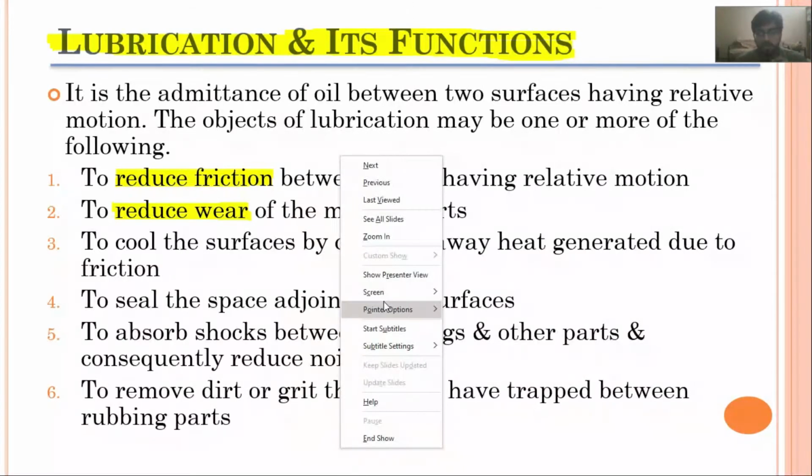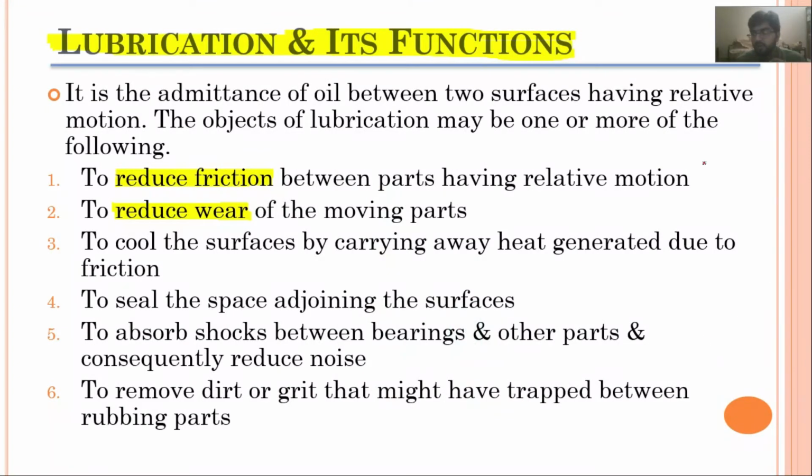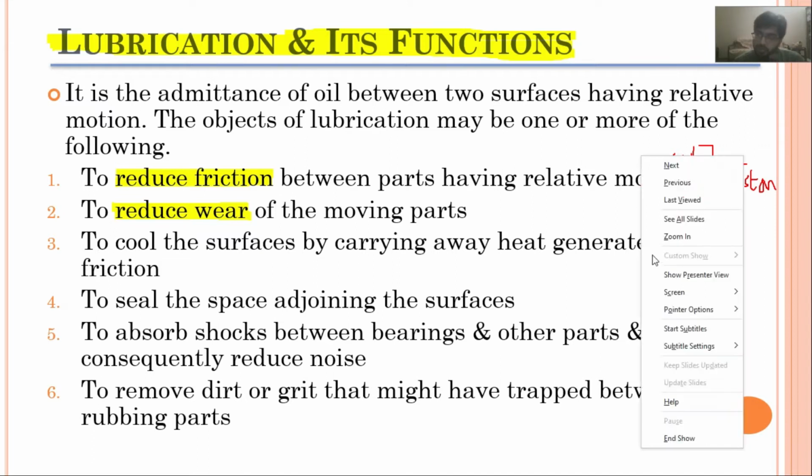for example, if these are the two surfaces, this is your piston and on the left side you have your cylinder. So here in this passage we will have some piston rings as well. For example, we have two piston rings, and here you can see if this is your piston, so the lubrication